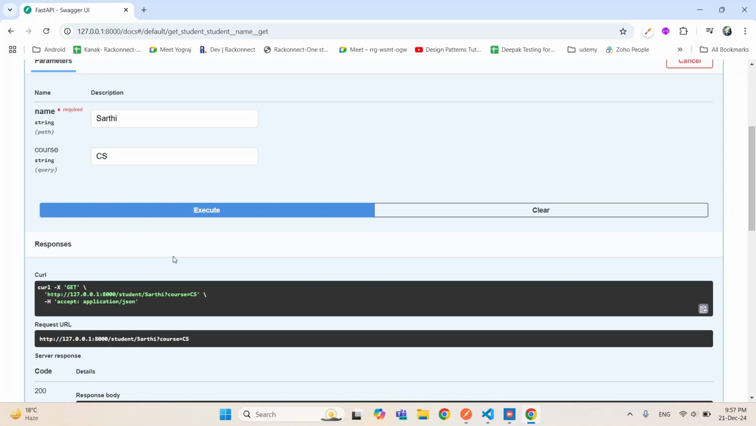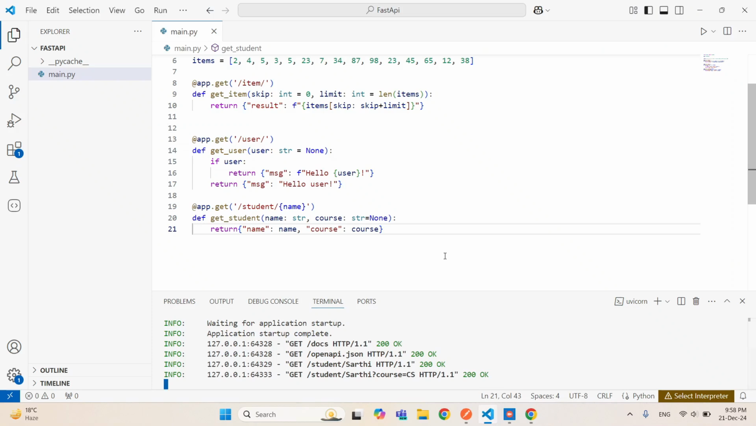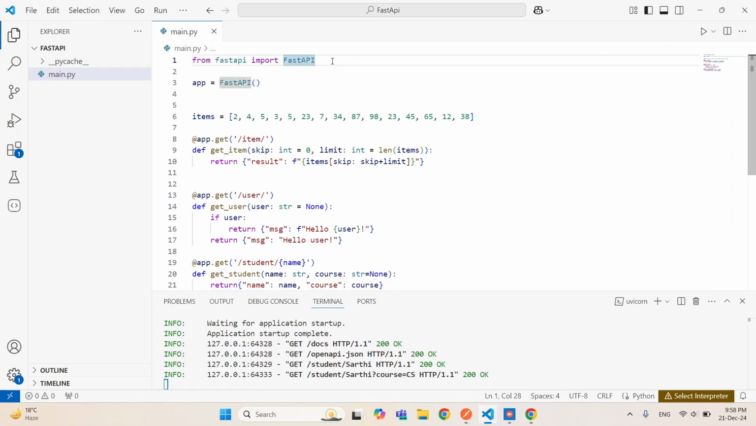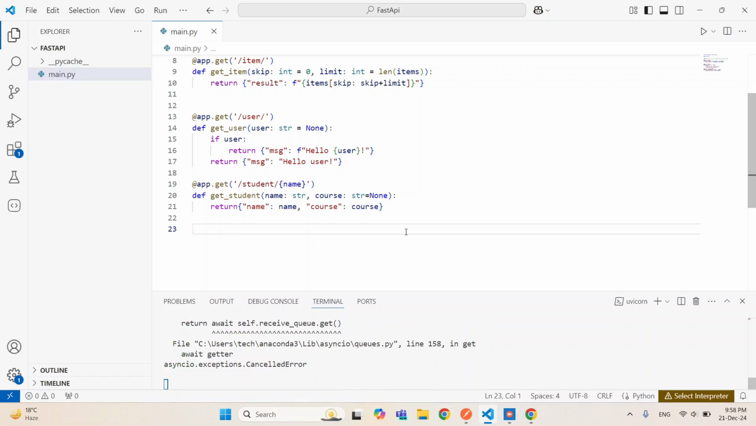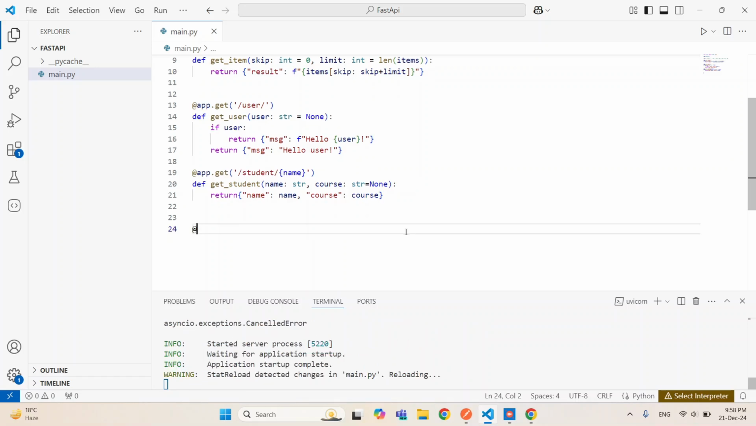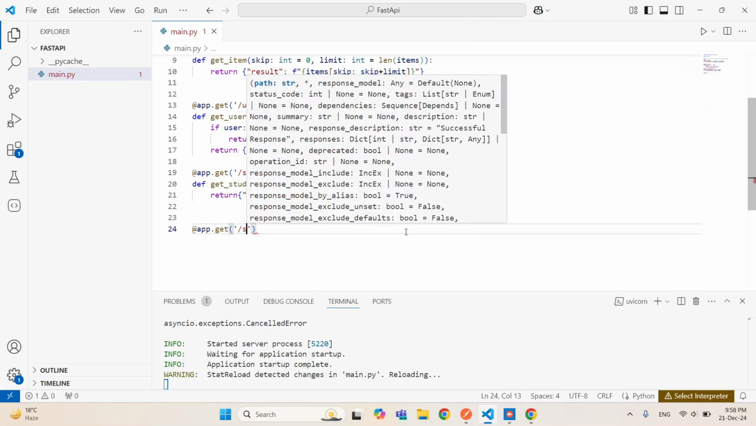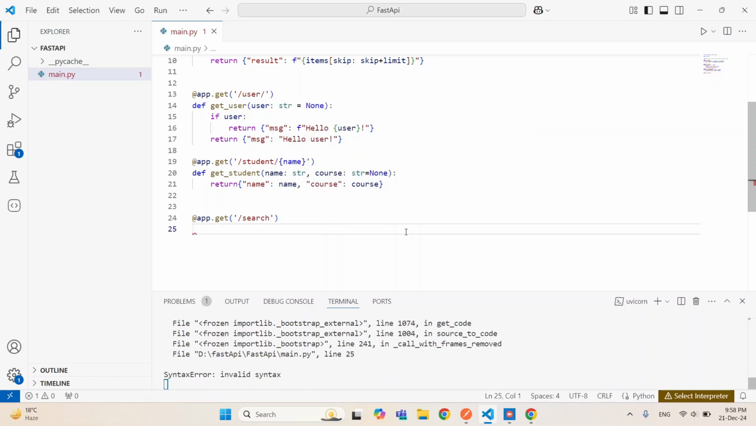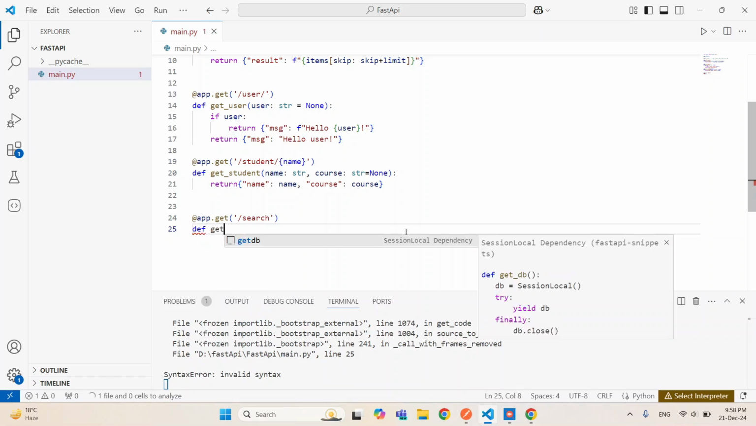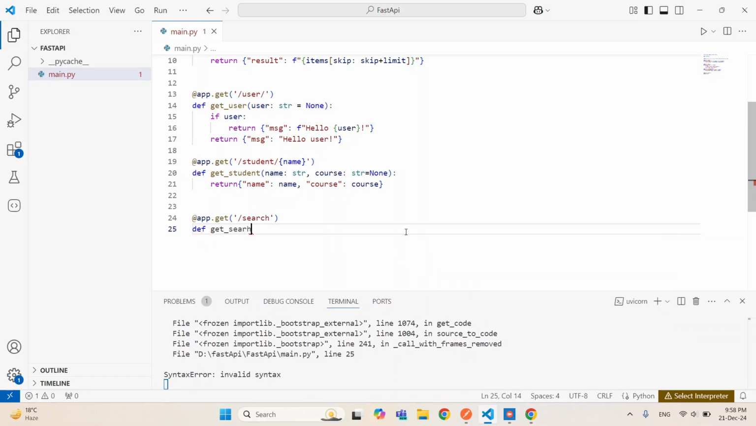Now one more thing I want to show you, that is query parameter validation. And for that, first we need to import Query also. So Query here, and we will see another example. So create another route, that is app.get, and here we will use search, and define a function get_search,